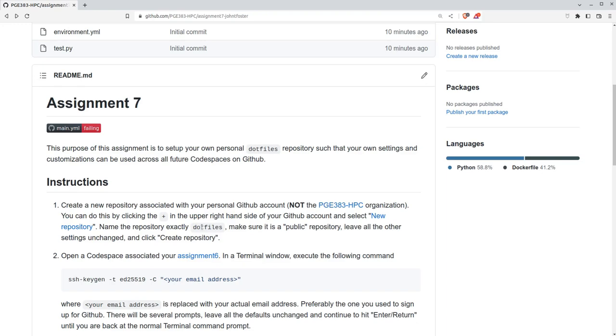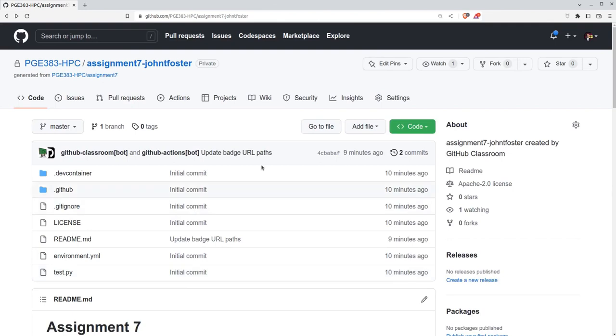We're going to call it .files. So this is step 1 here. We can do that by going up here to the plus in the upper right hand side of GitHub. And if you click that and then click new repository,